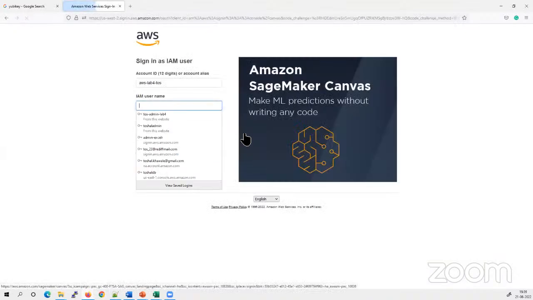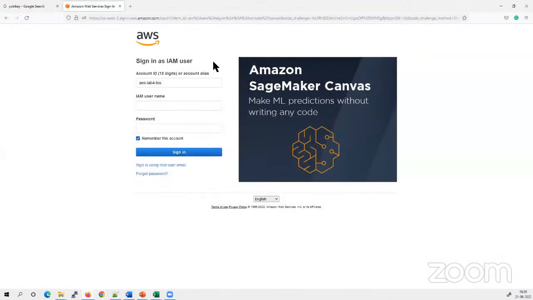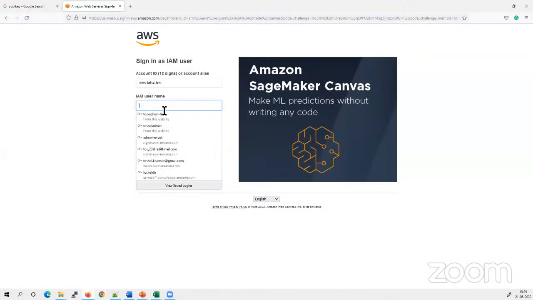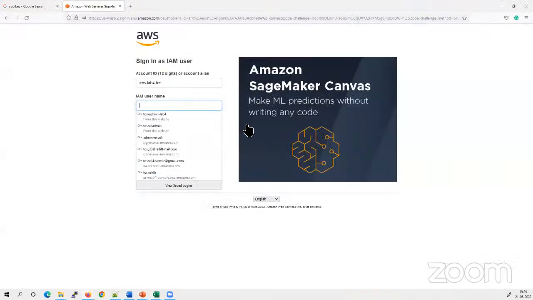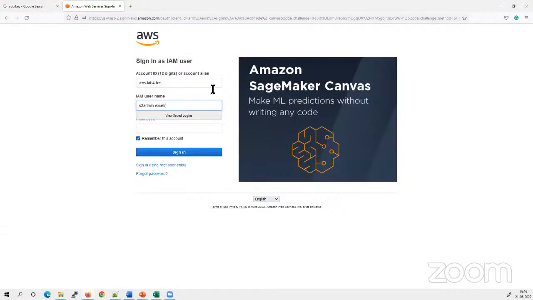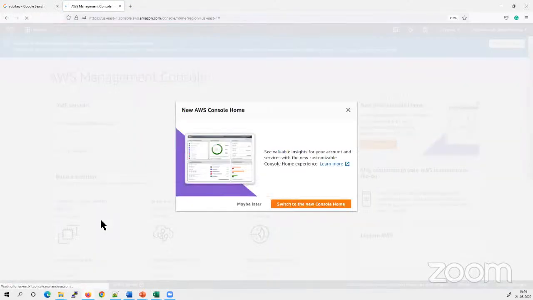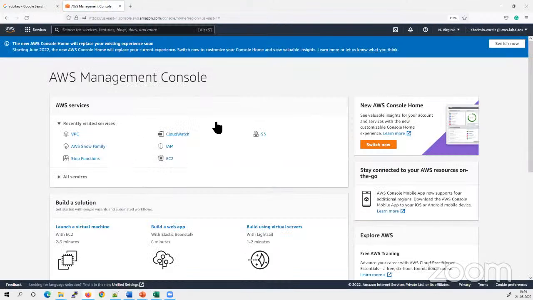That's it. And I can see that yes, my user, the account alias is already there. I will take the username, which is this one, and put that, and a password which I've already configured. I do not have an MFA on it. I don't want to save it. And as soon as I log in,